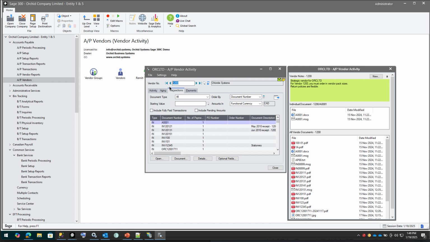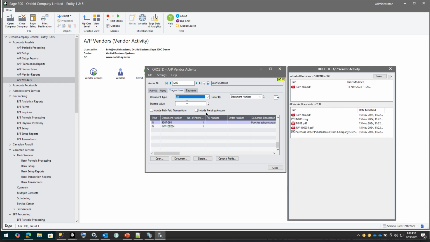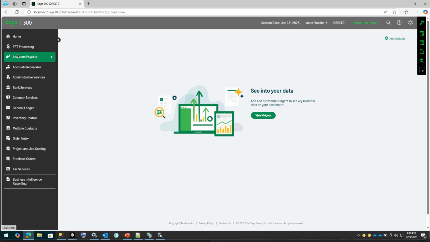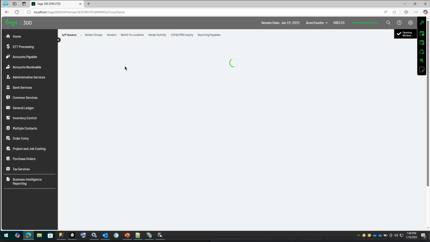And looking at our vendor 7200, similar. I've got my AP invoice and my AP invoice in there. The same documents can also be made available if you're using the desktop and the web screens. So if we look at vendor activity,